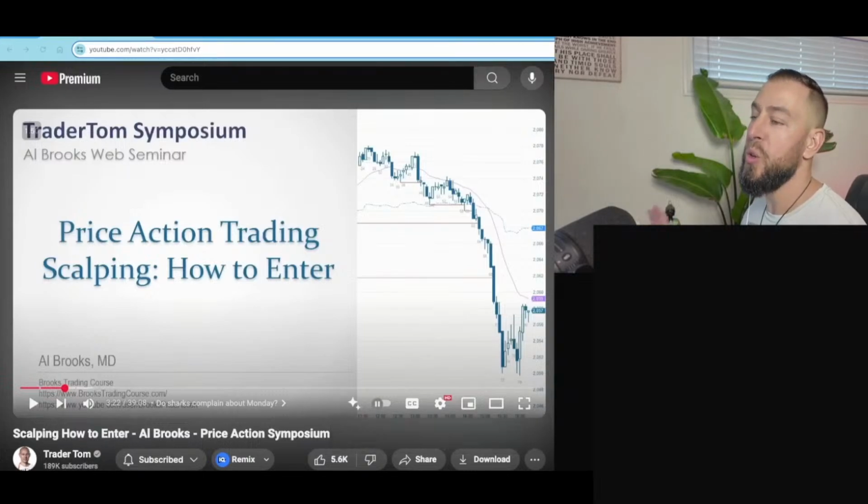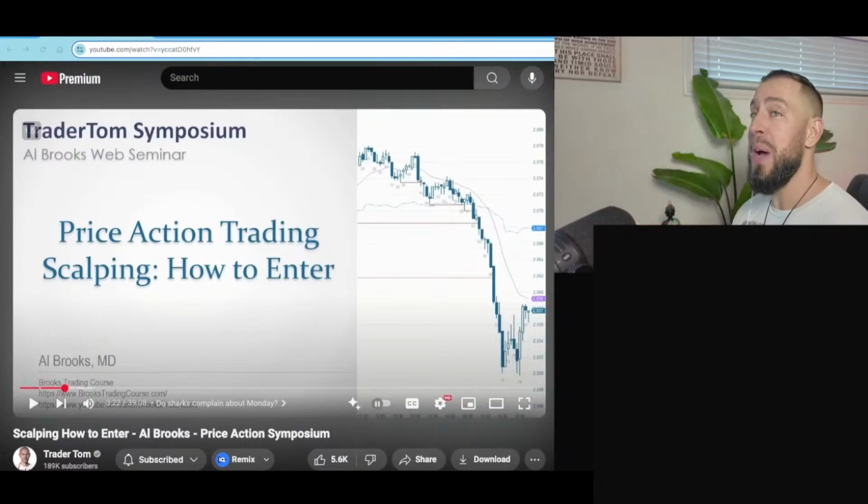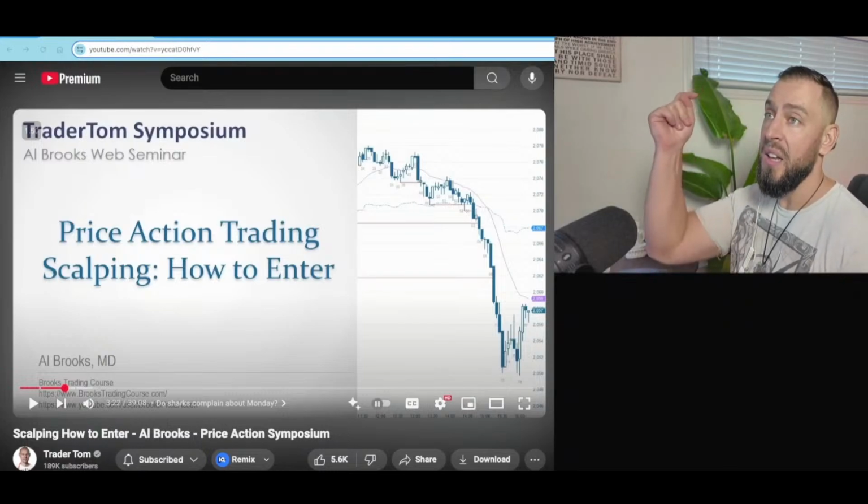Scalping seems like the holy grail of trading, doesn't it? Fast money, quick profits, the thrill of getting in and out and getting on with your day. Just making that money and having the rest of the day to do whatever you want. But what if I told you that there is something called the scalping trap? And the moment you fall in, one small mistake can wipe out all of your hard-earned gains in seconds.